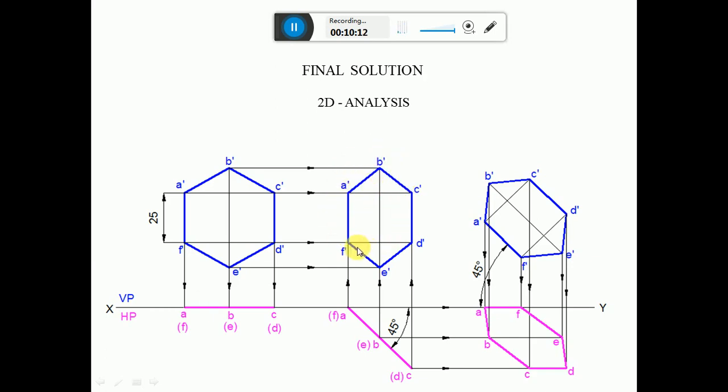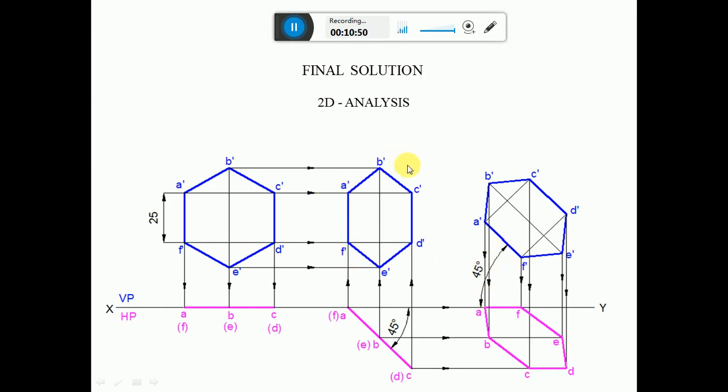So now the side which is resting on the vertical plane is inclined at 45 degrees to HP, since the inclination given is the true inclination. And now we have to check whether this side is in true length or not. Now we can see that AF is on the vertical plane, and also we can see both A and F are on the vertical plane. So obviously this line AF is parallel to VP. Since it is parallel to VP, you are getting the true length in the vertical plane. Since you have got the true length in the vertical plane and also the inclination given is the true inclination, therefore we can take this A dash F dash directly by rotating at an angle of 45 degrees.